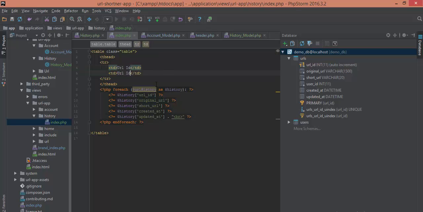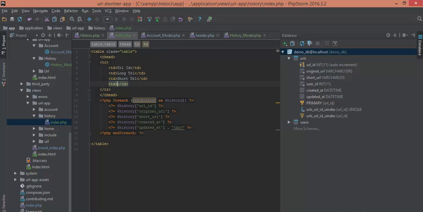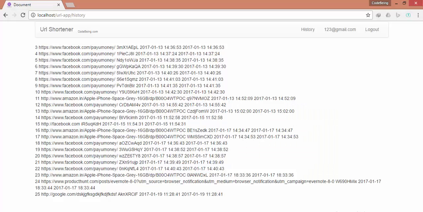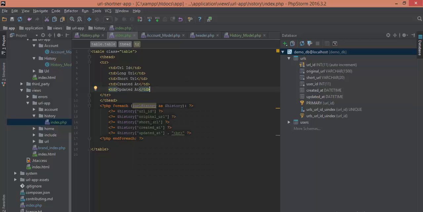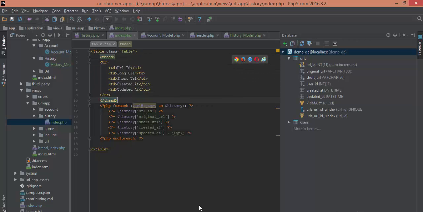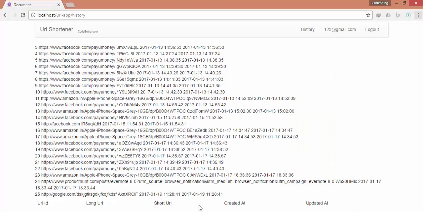ID, add long URL, add short URL, add created at, and add updated at. Refresh the page and see we have this. We need to format it according to our requirement, and here we have tbody,